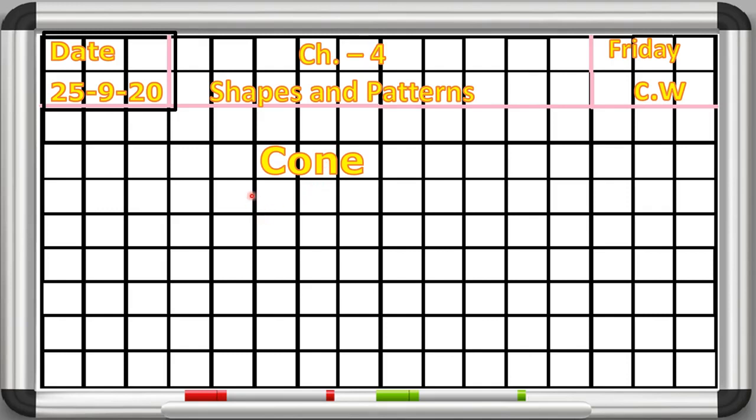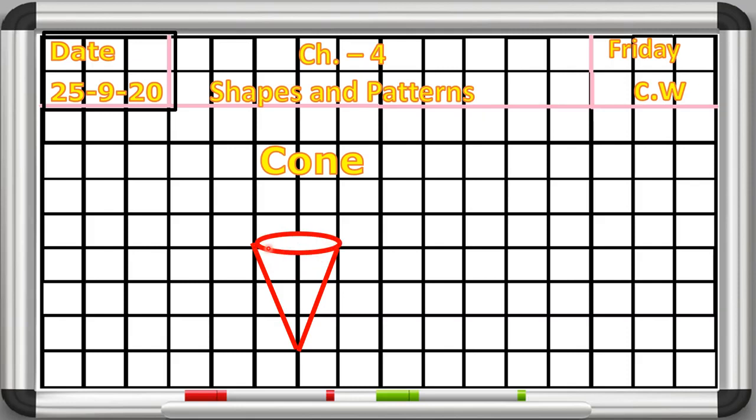We will start from this point like this. One slanting line. Thik hai beta, slanting line hamein is tarah se draw karni hai and again we will make another slanting line like this, V shape. You have to make V shape, okay, by taking two slanting lines. Now we have to make a curved line like this, okay, here.